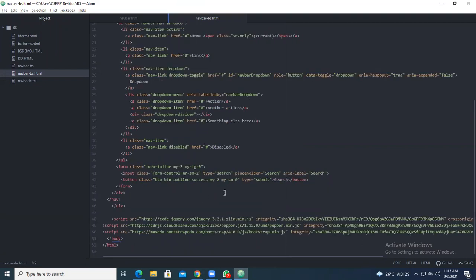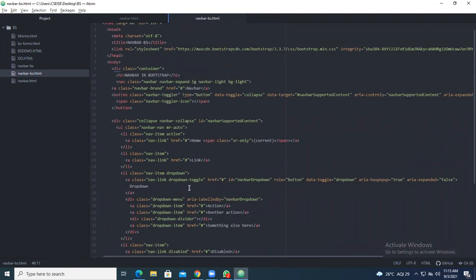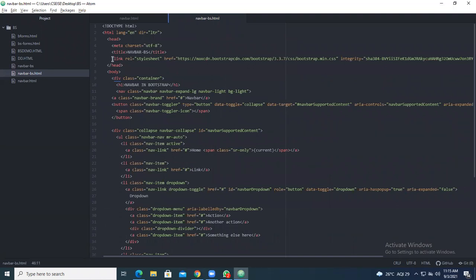Go for the final content. Here we have taken the outline as success. So you have taken the content as outline success, and success means you will get green color. This is what you should get. I've taken this particular link.